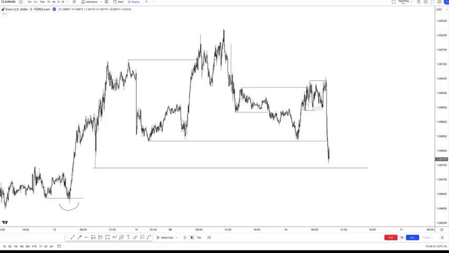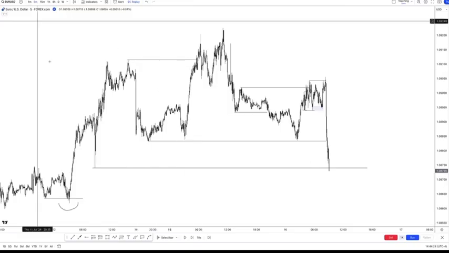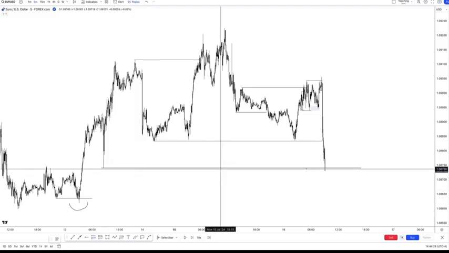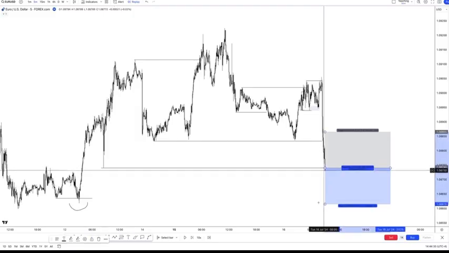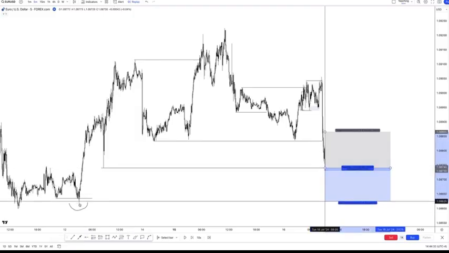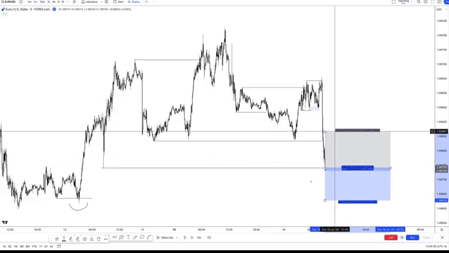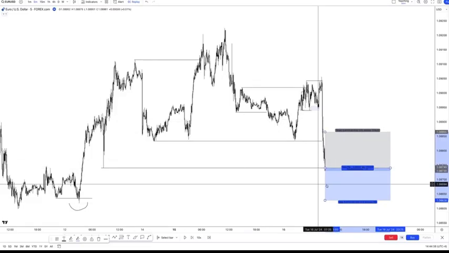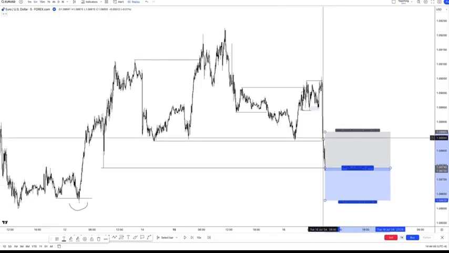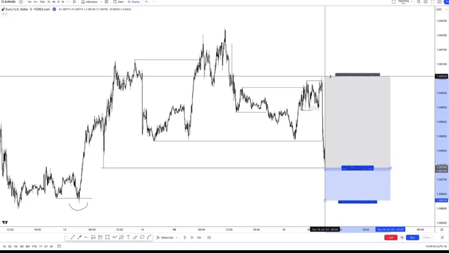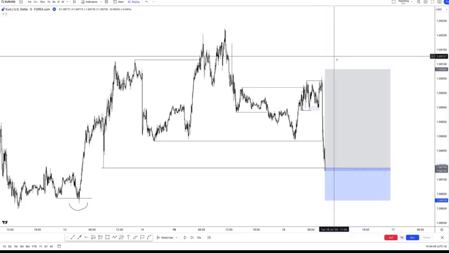Okay, so we continue selling off. Perfect. Finally, we take the low. So how can we take this entry? We've spoken about it a bunch of times. You can take this sort of entry when the liquidity is taken, aka this low, and then you'd have to cover the liquidity block, which gives you an 11 pip stop loss, which isn't that ideal. You would have to target all the way back at the highs, even more, to get that 1 to 3